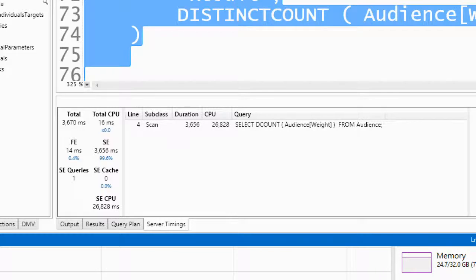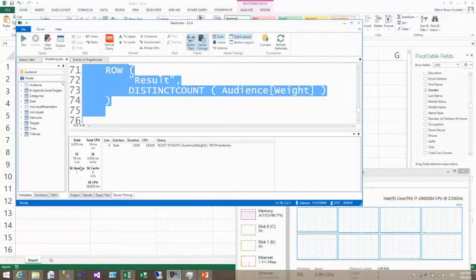When you face this problem, the optimization technique is completely different. When you have a formula engine problem, you have to change DAX. When you have a storage engine problem, you may have to change the data model, the compression, sometimes also DAX, but usually the problem is more complex. So this is another important tool that I use. Of course, again, what are the techniques to optimize that?